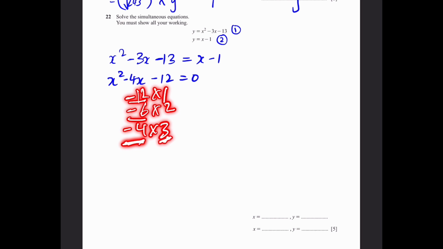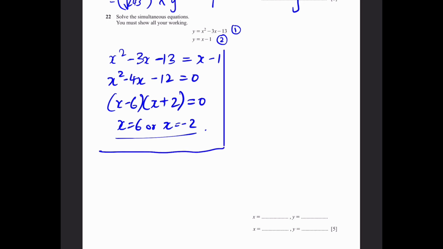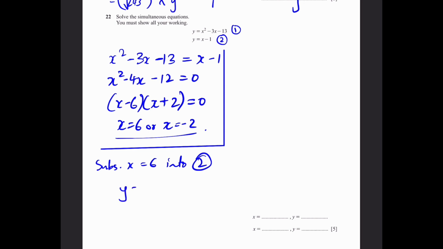So over here, which one adds to minus 4? Minus 6 and 2, right? So these are the two numbers. (x minus 6)(x plus 2) equals 0. So x equals 6 or x equals minus 2. Now we can substitute these values. Substituting x equals 6 into equation 2, since it's easier, y equals 6 minus